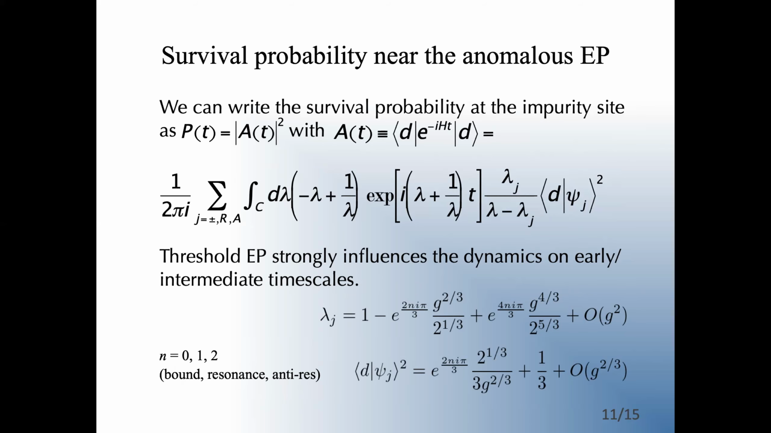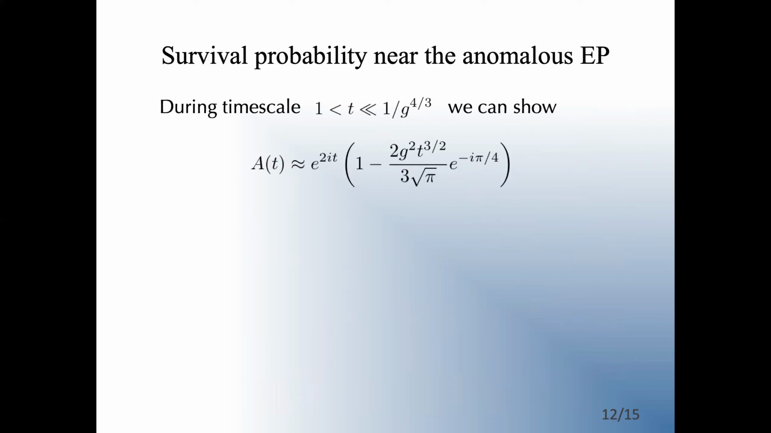And to show this, we can apply these Puiseux-like expansions for these values here. In particular, we notice the norm has a diverging term, that is, g, the parameter that goes to 0, appears in the denominator. However, when we apply this in the survival amplitude, we find that the diverging contributions all cancel out. And so as a result, during this time scale given here, we can show that the survival amplitude takes this form with the characteristic t^(3/2)